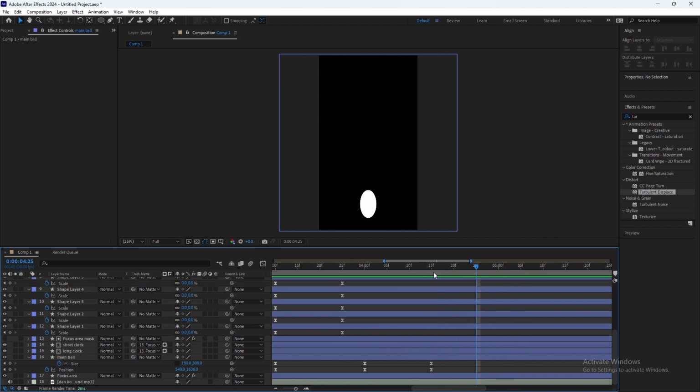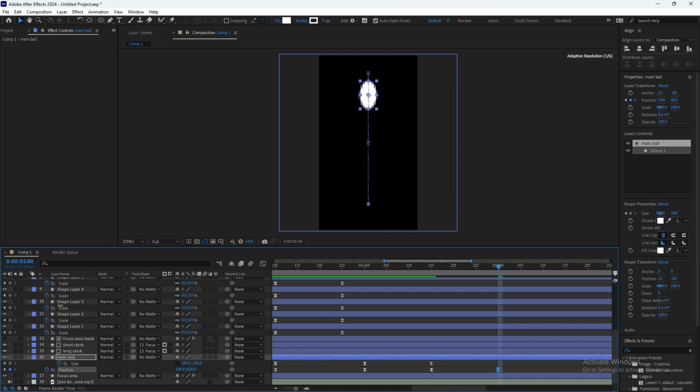And then let's do another 15 and make it go to the top, but not as much. And let's make it a little bit smaller even. And then another 15.